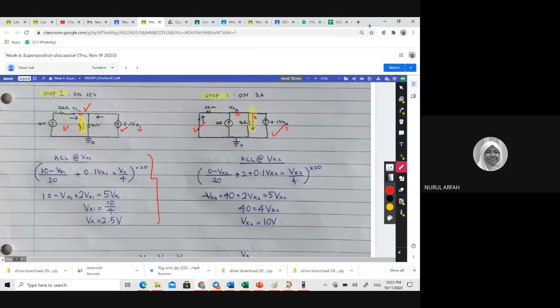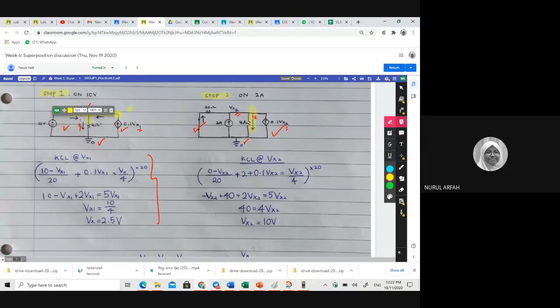This group, they are using node analysis. Up to you. You can use the method from chapter 1, chapter 2, or chapter 3 to solve your problem. Like this one, there's no super node. So you have 10 minus Vx1, and make sure that you know where that node is coming from, because there's some problem from other groups. They cannot figure out which one is which. So the whole node here is